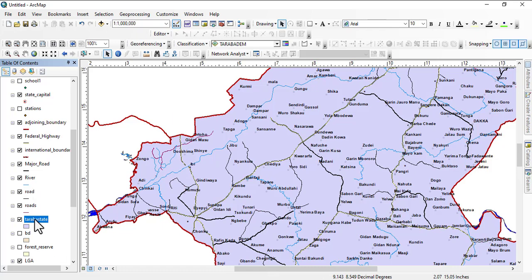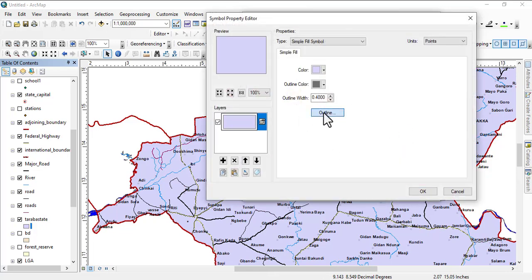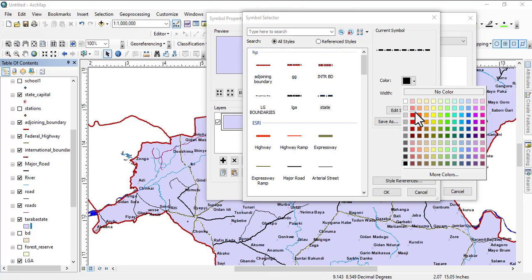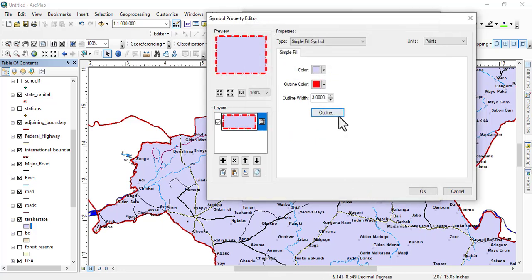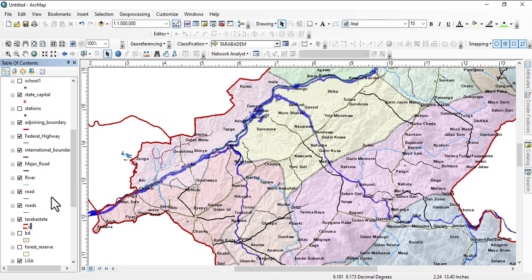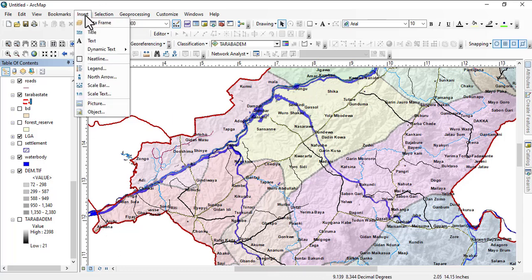So now we are going to, remember what we did, go to edit symbol, go to this, and we'll put the state boundary. Yes. So you can also change the color, and the size as well. So you can just do like this. Now we need to fade this color so that it will just be like this. So that we'll also have it on the legend, isn't it? So we click on insert, and then